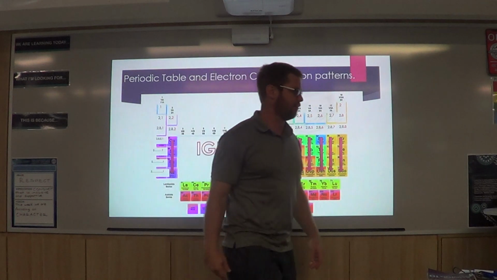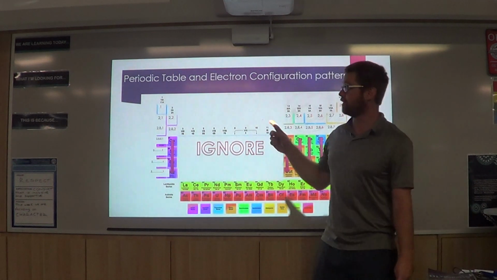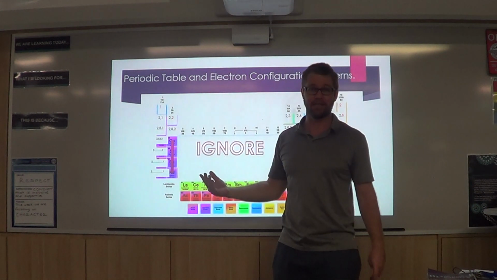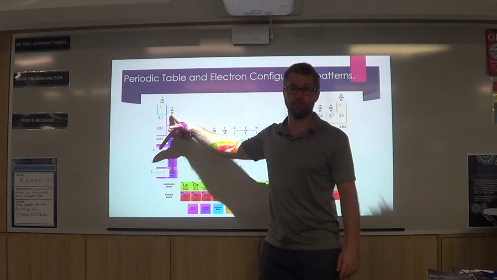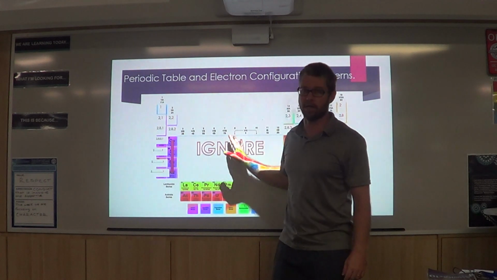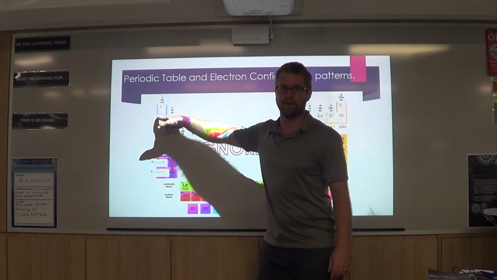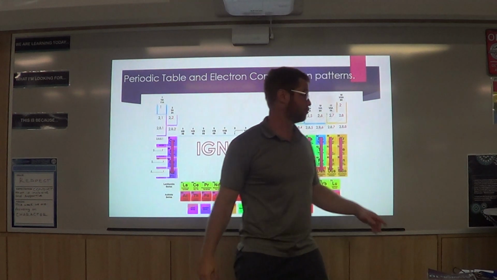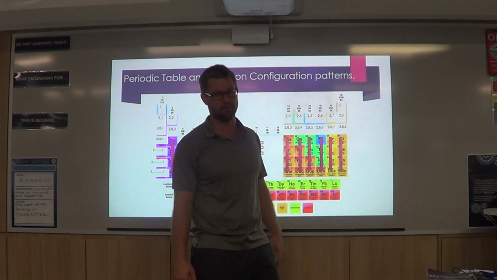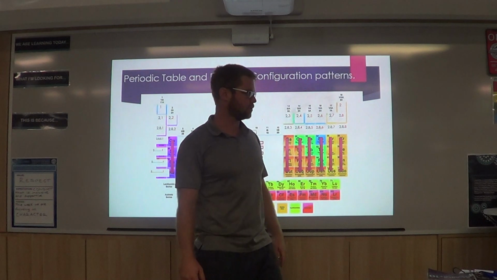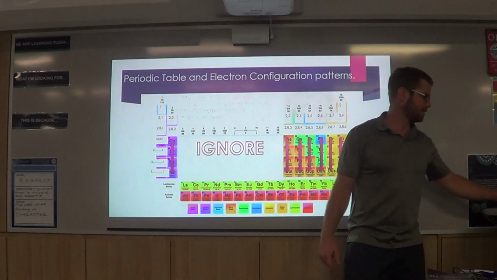So that pattern there is really important to remember. The other little trick is, if you want to know how many valence electrons, the ones in the outer shell, an element has, you just got to check the group number. Skip the middle, right? Group 1, 1 valence electron. Group 2, 2 valence electrons. Group 3, or 13, 3, 4, 5, 6, 7, and 8 valence electrons. Really cool. Okay? So there's the pattern